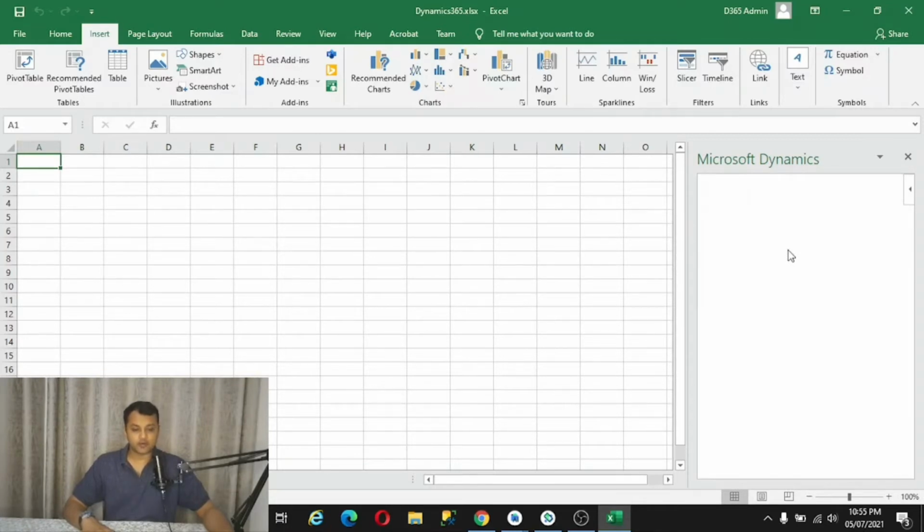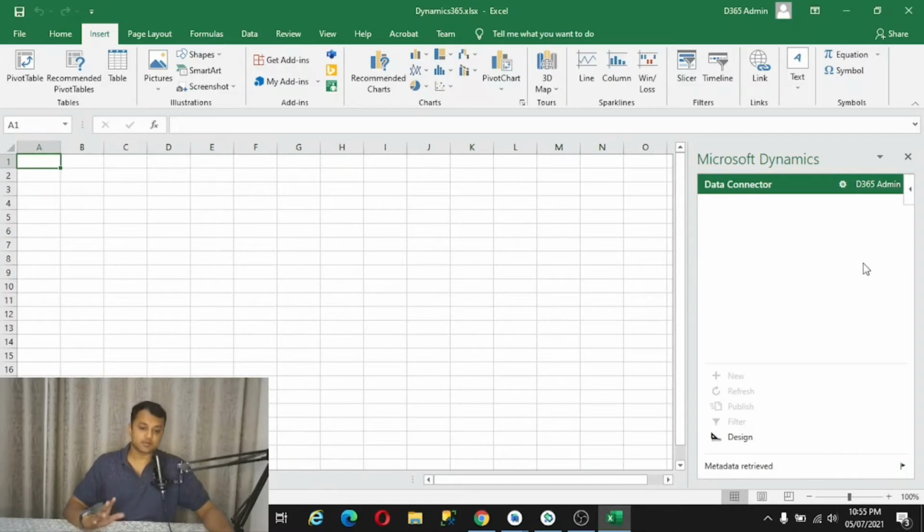Once you click on OK, whatever login details you have specified over here would be utilized for your authentication with the Microsoft Dynamics add-in. If you are logged in with the admin user, it would be easier for you to authenticate with Dynamics 365 as well. As you can see, it has loaded all the components, and now it is asking to design. That means the connection is successful, and you can go ahead with designing this sheet for your data extraction. So I'll click on design.